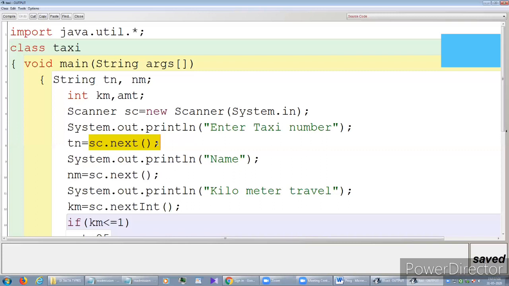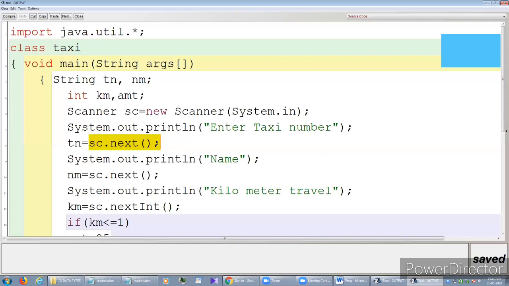When we start Java we are very familiar with System.out.print or println. So System.out is used to show the output of the program, and System.in is used to accept the value.